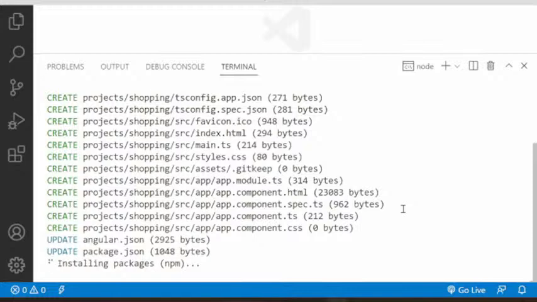Now, once you created a project, you will see a lot of changes in your workspace. Several new files are added. Several changes happened in your workspace files. You can observe that. I will explain all the files in this project also, right? But first, we will see how to run the project.